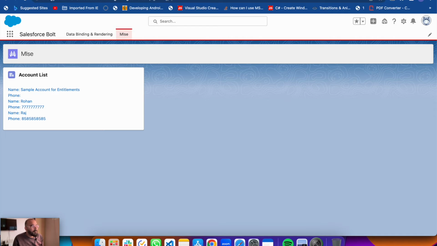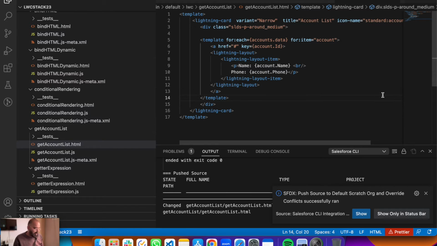Okay, now the second will be how you can create alert, confirm, and prompt modules using your Lightning Web Component. So we'll have another component where I'll show you how you can create alert, prompt, and confirm modules in your Lightning Web Component. Okay, so let me quickly go to my VS Code,